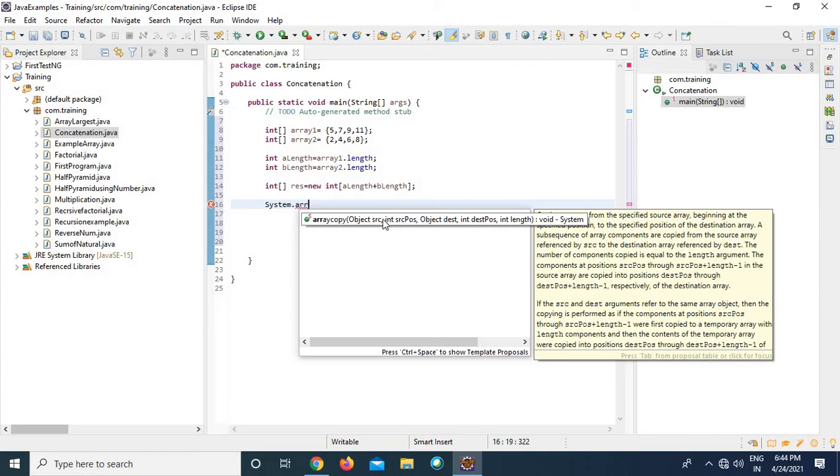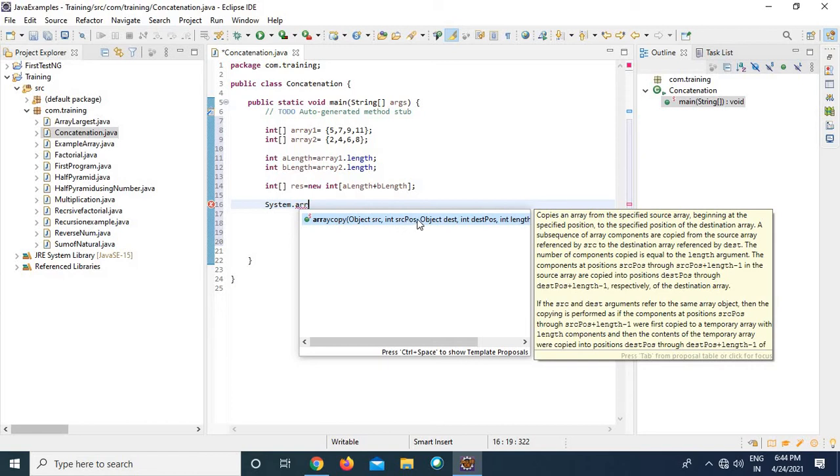If you look at this, arraycopy has these many parameters. What are all these parameters? The first parameter is Object source, meaning your first source, that is our array1. And then the next one is int source position, that means from which position you wanted to take, from the starting position, that is 0.